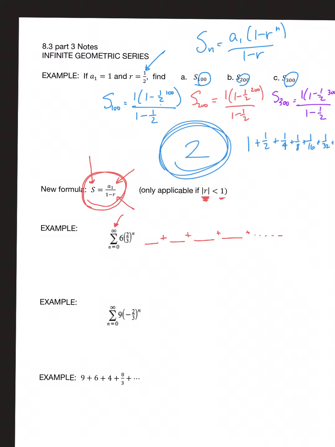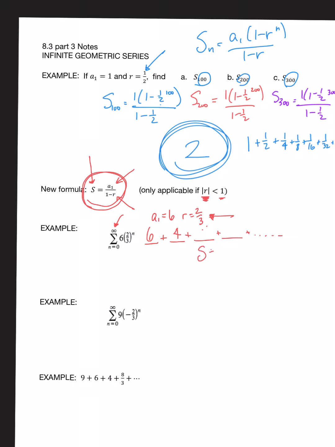If I plug in 0 for n, I get 6, and if I plug in 1, I get 4, and you can keep going and fill in as many as you want. But more than anything, I want you to see that a sub 1 is 6 and that the ratio is 2/3. Because the absolute value of this ratio is less than 1,